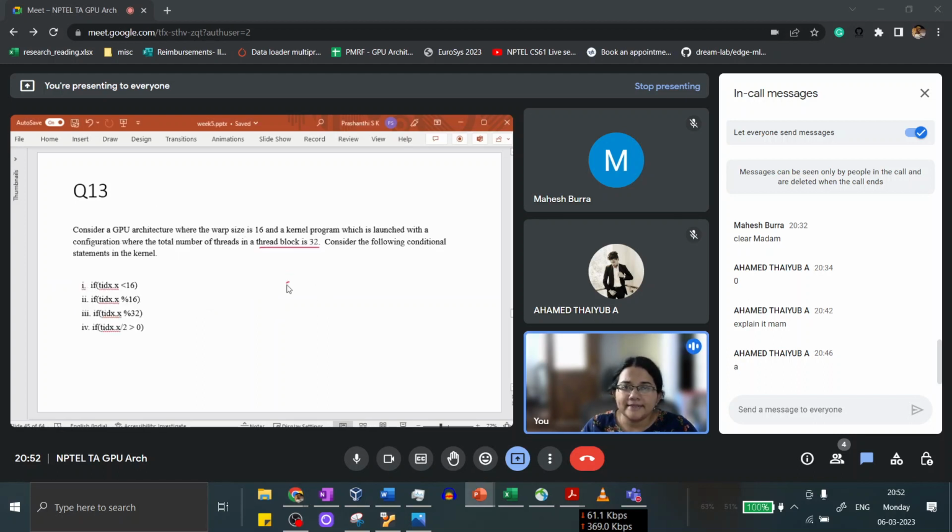So your warp size is 16, right? So you have thread ID 0 to 15 in warp 0 and thread ID 16 to 31 in warp 1. Now if thread ID less than 16, all of these would fulfill that and all of these would not fulfill it. But within each of these warps, there is no divergence. So this is not divergent. Then we'll come to mod 16, right? So all of these